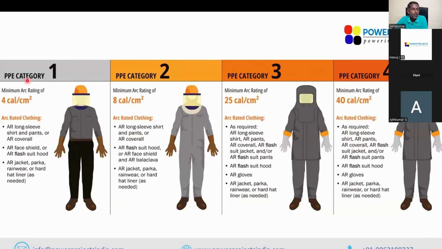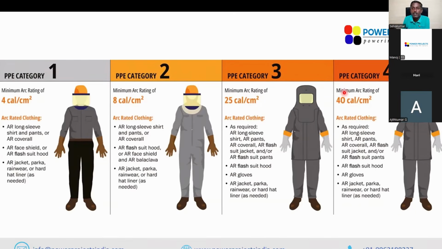So PPE category 1, up to 4 calories per centimeter square. Category 2, up to 8 calories per centimeter square. Category 3, up to 25 calories per centimeter square. Category 4, up to 40 calories per centimeter square. Beyond 40 calories per centimeter square incident energy, there is no proven tested